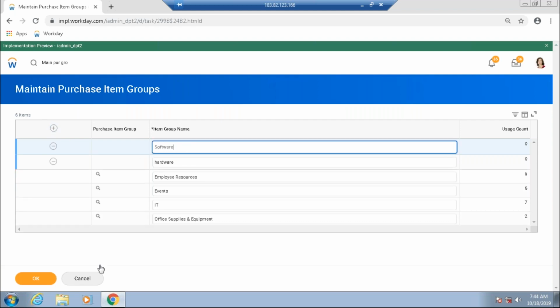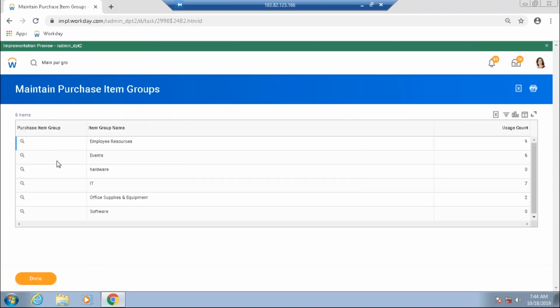software. We created two more purchase item groups. Now, earlier I said we can also create a spend category using a hierarchy. We can also create a hierarchy as well. So, what we will do again,